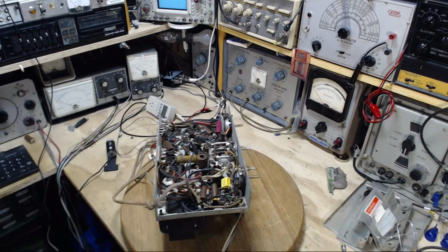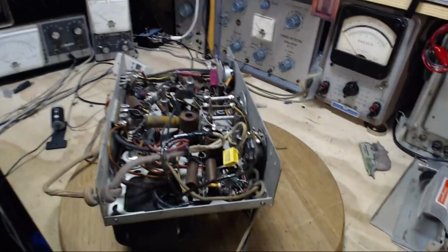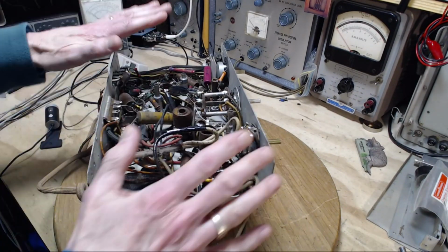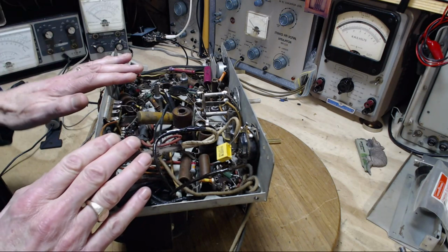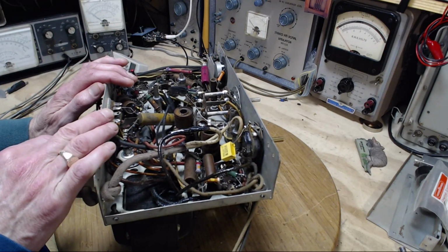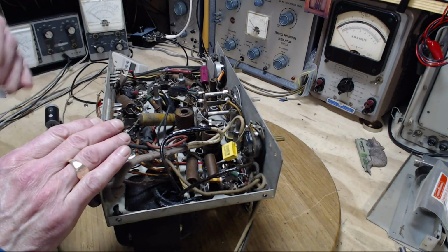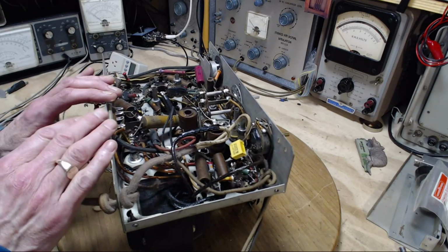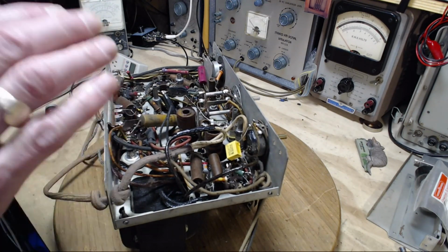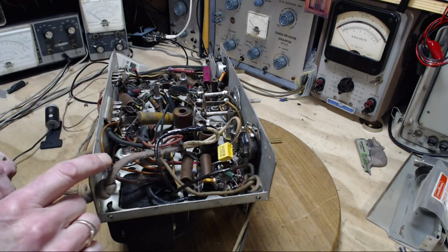Thanks so much for joining me in my shop here as I'm going to be replacing parts in this radio we're looking at. In fact, I've already done a couple of them here. Yesterday afternoon I was in here working, shot some video, but made too many video mistakes to post it. There wasn't much in there, just me spending a lot of time reviewing the schematic, so I'll get around to doing that again as we get down the road. What I'm really trying to do here with the radio is replace the unreliable capacitors that